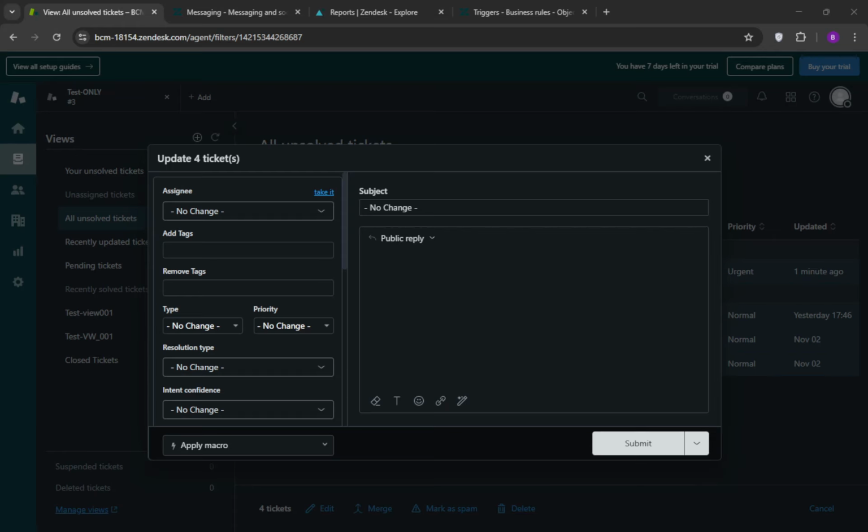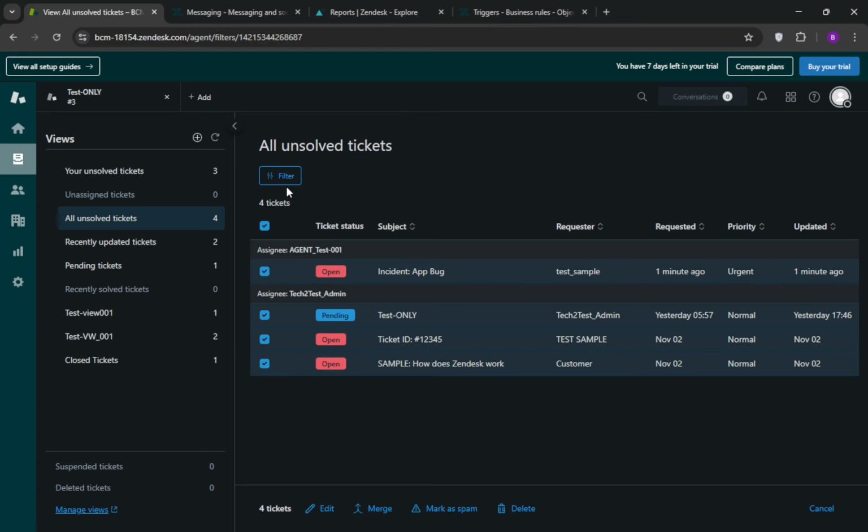In today's video, I'm going to teach you how to bulk assign tickets in Zendesk support. This is an essential skill to master, whether you're managing customer support or streamlining your operations for efficiency and clarity. Let's dive in and walk through the process step by step to ensure you're carrying out these tasks both effectively